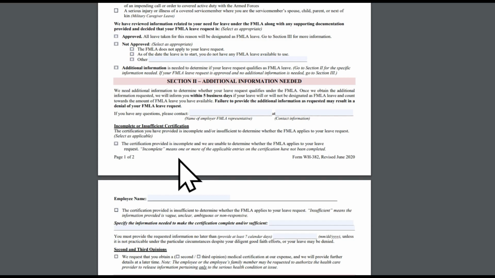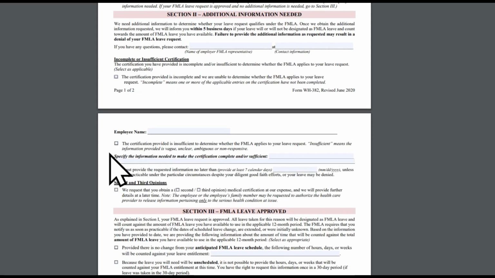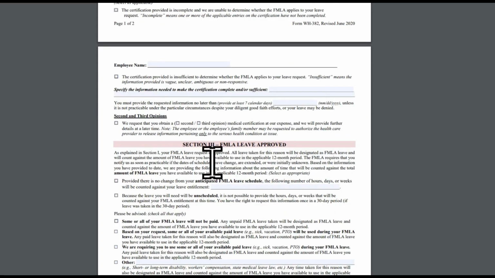In addition, the employer articulates what's required, and specifically if there's incomplete or insufficient certification, which means that they just don't have enough from the previous forms, WH-381E and WH-381F, and maybe the doctor did not write enough or did not clearly articulate the fact that it was a qualifying leave event. And so they will write specifically here what they need and what would make the certification complete